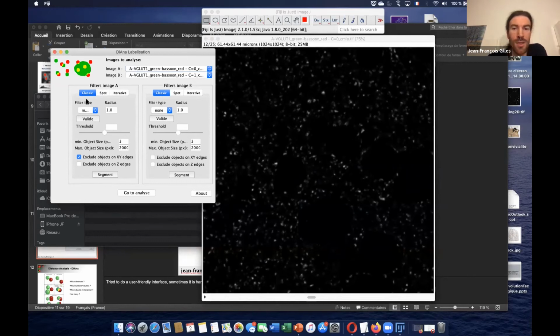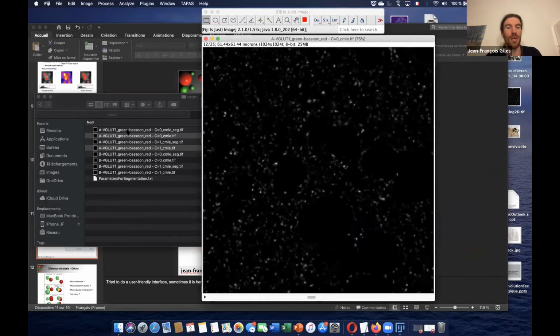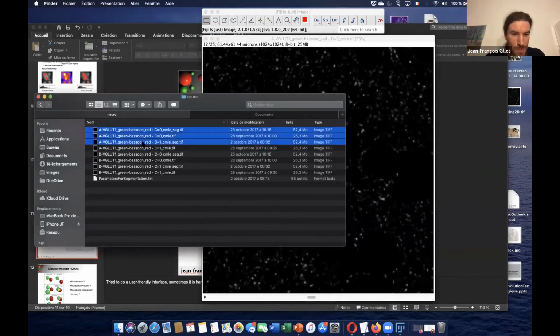Basically, the classic is just the simple one, then we have spot and iterative. When we do this, we will obtain the correct segmentation.